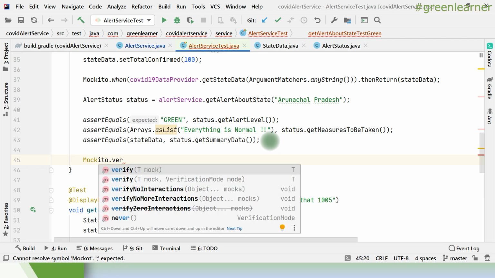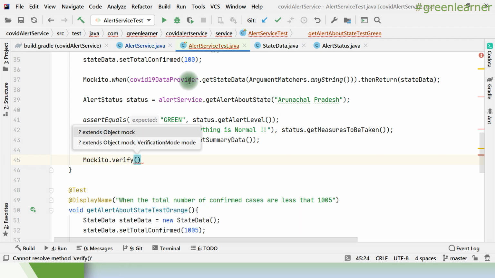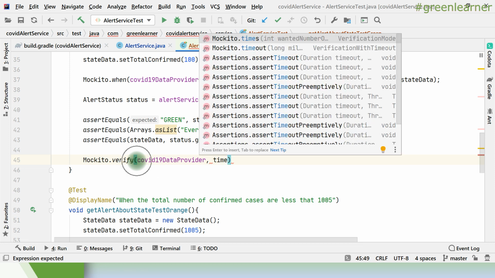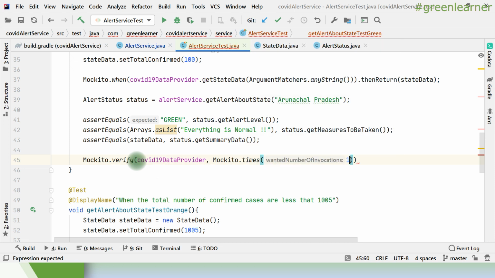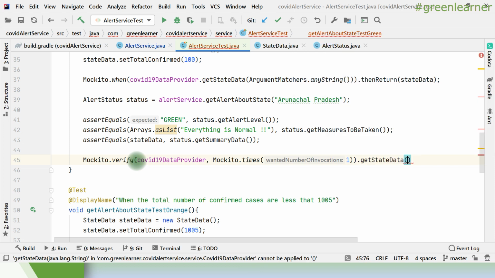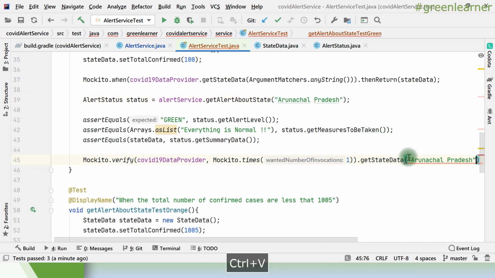Mockito dot verify: what I want to verify is whether this is being called or not, right? COVID-19 data provider and times, it is being called one time, and what method is being called, get state data, and here I can pass this one, right? So this is the actual value that is there, any state.